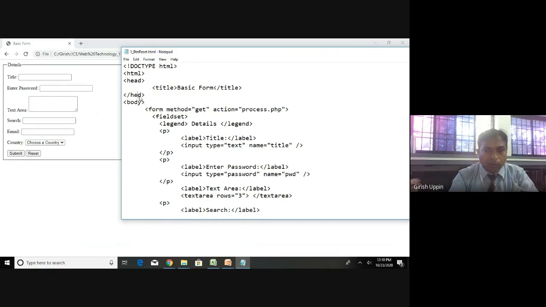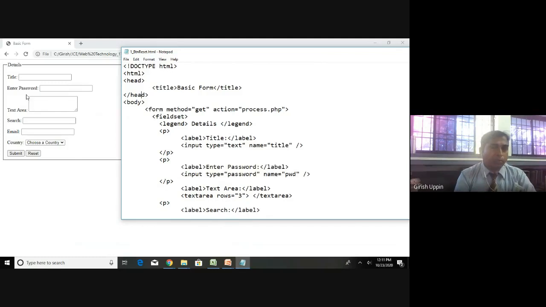Some tags in the head were not correct, but the browser doesn't strictly follow these things. If there is anything wrong, it may not show you an error, and it will not cause any disruption, because most browsers are very forgiving. Only the very specific things which are required by the browser will give us an error, others it will not show. In this example, rest of these things, don't worry about that.